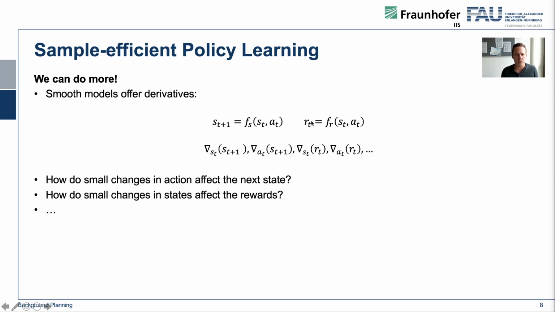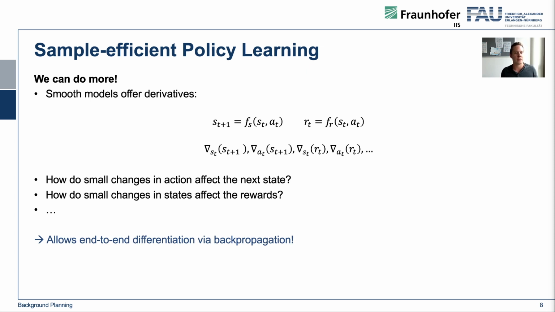We might also have a reward model that returns r_t given s_t and a_t. If our models are smooth and offer derivatives, we can just differentiate them. We can ask questions like, how do small changes in the actions affect the next state? Or how do small changes in the states affect the next rewards? If we assume models that let us answer such questions, we can